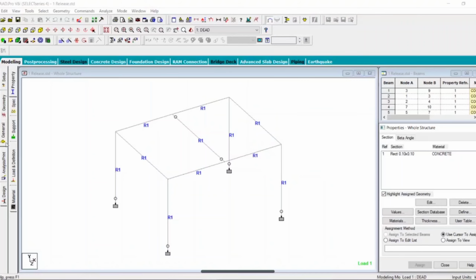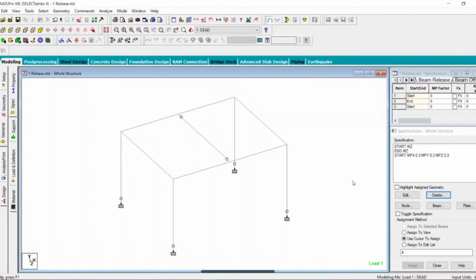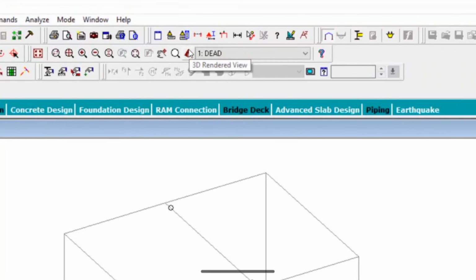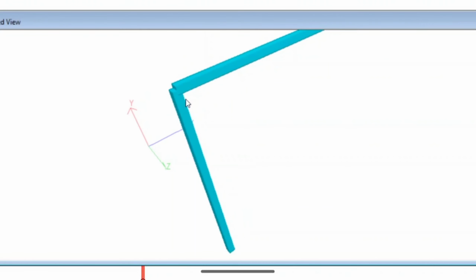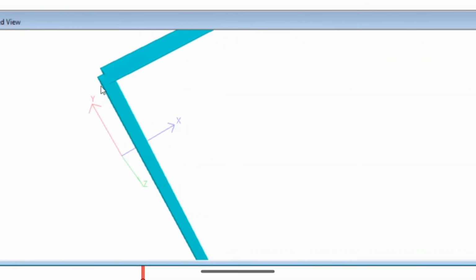We will see the beam offset command that is available in STAAD Pro. To explain the command, I will use the same example that I used in the previous video, just to save some time. To explain what this offset is, let me select this column, this beam. I'll just select these two and click on the render option that is available here. Left click on it, and if I go to the closer view of this connection,